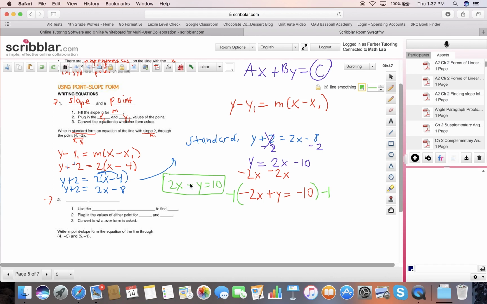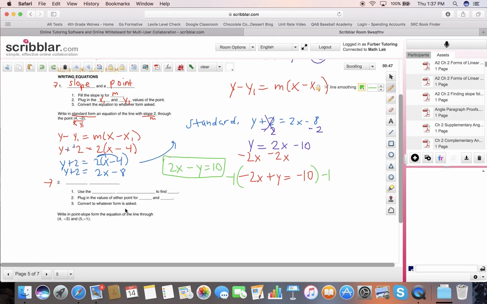And I couldn't get to that point, though, because all they gave me was a slope and a point, so I have to use point slope form. So the other time that I use point slope form is when I am asked to find the equation and all I'm given is 2 points. So if I'm given 2 points,